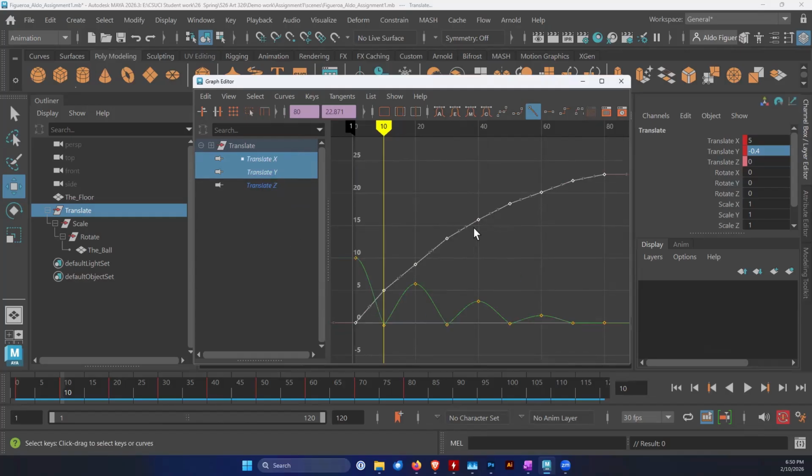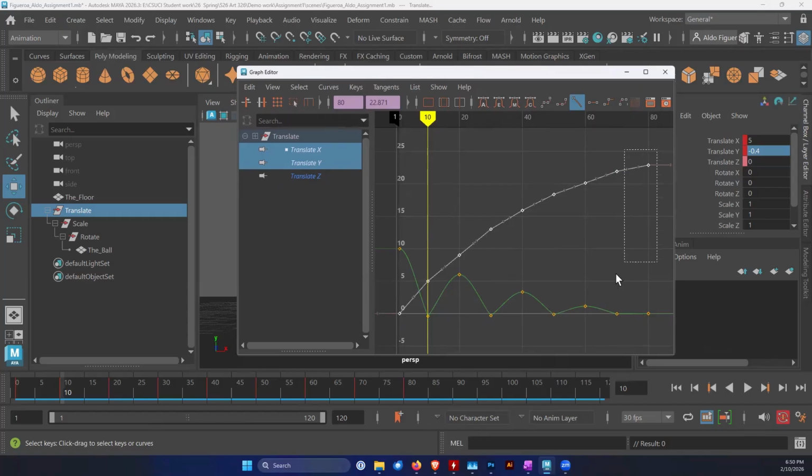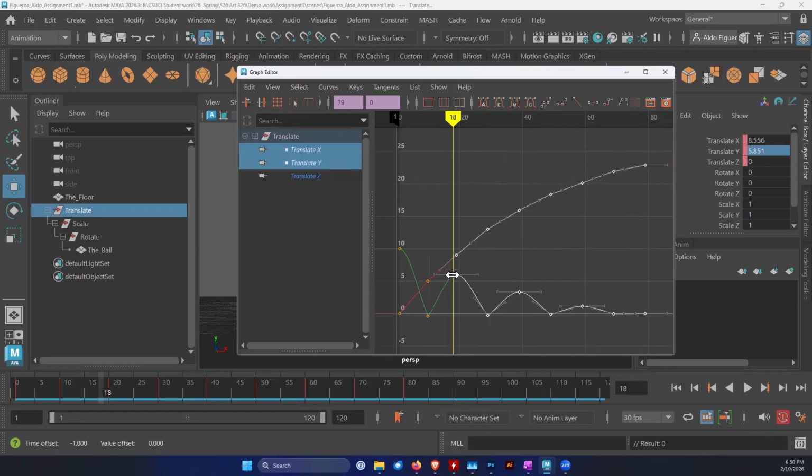Because what I want to do is move my keyframes within the graph editor. To do this, I want to select all of these keys right here. I'm going to use the move tool, press W on your keyboard. And if you press and hold down shift, that's going to lock your values. Right here, this is at frame 20. For this one, I want it to be 2 frames less, so I'm going to move this one to frame 18. I'm going to click and hold down shift, and drag those two values to now be